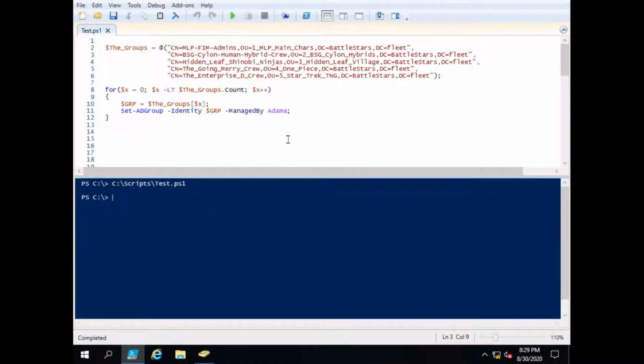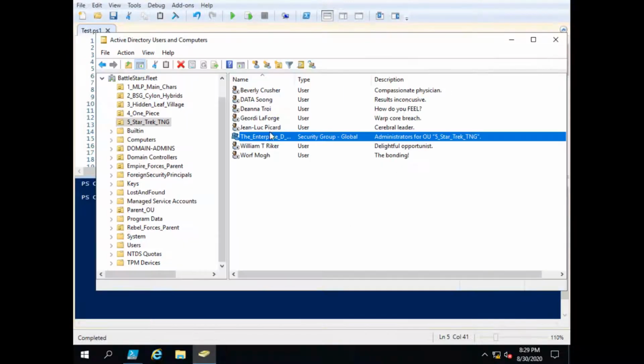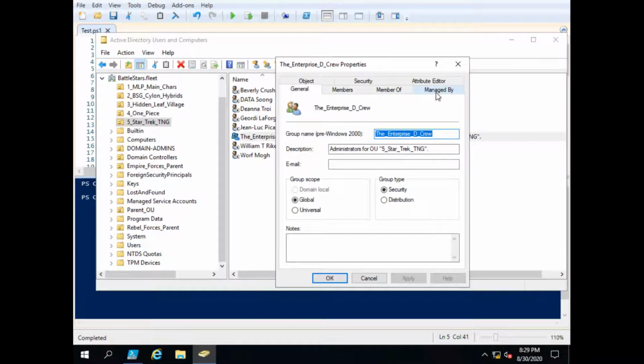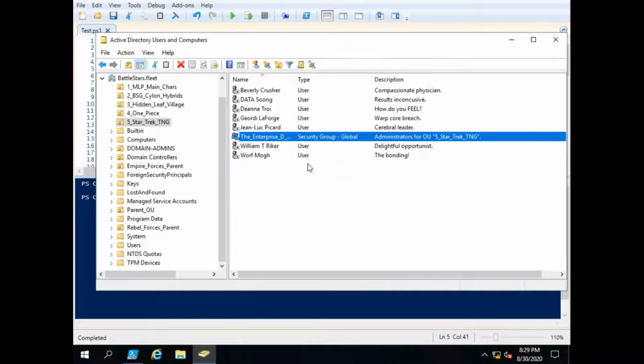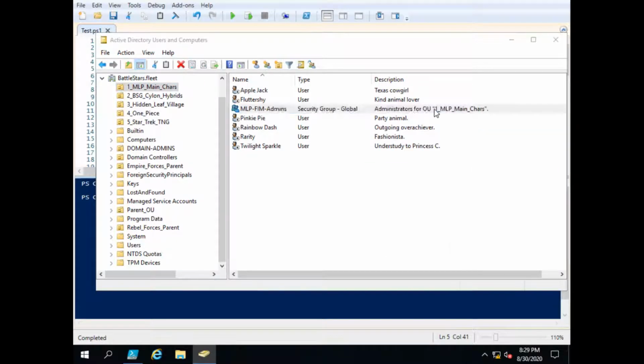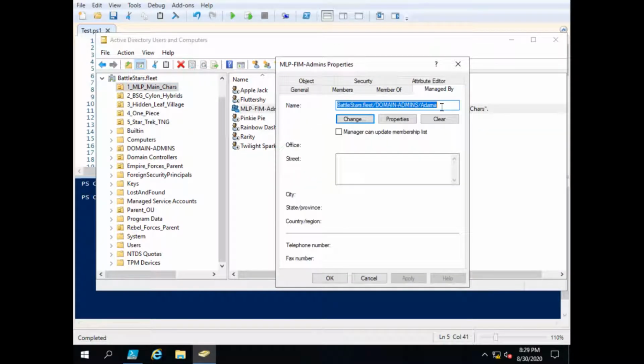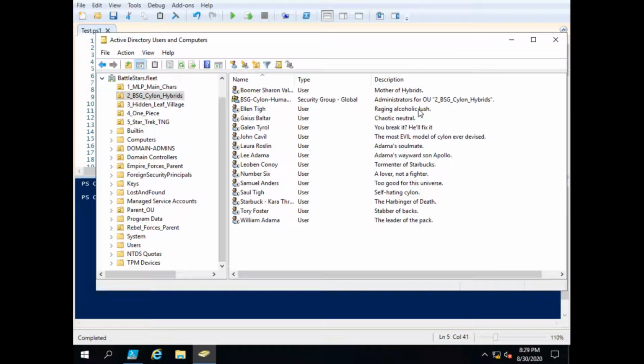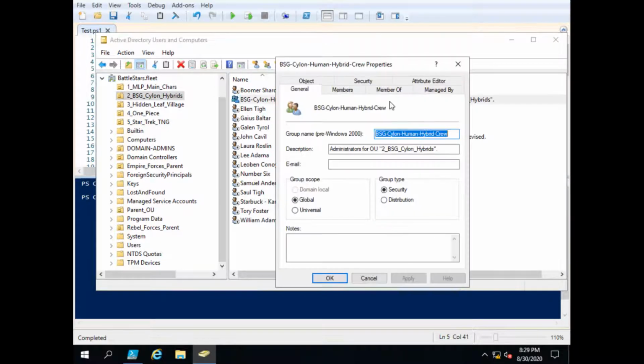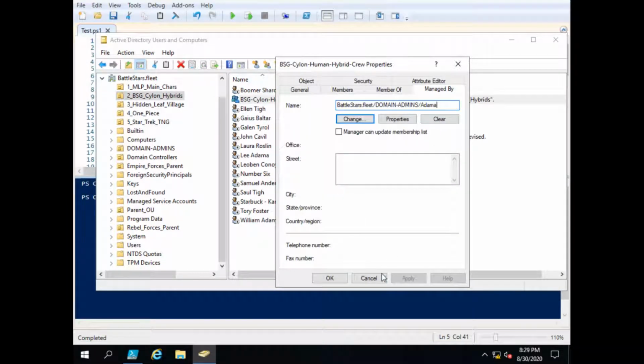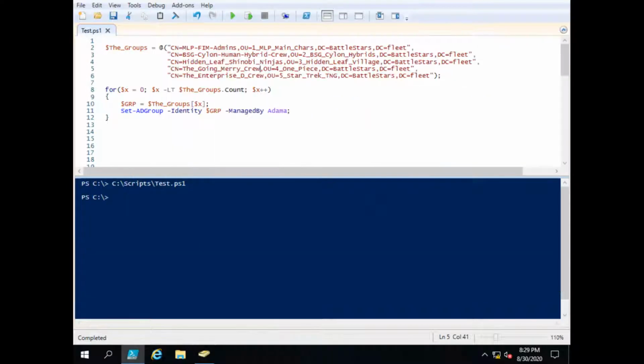Okay, so now all these groups will be managed by Adama. If we were to look at these groups, there's Adama as a manager, right? All right, so